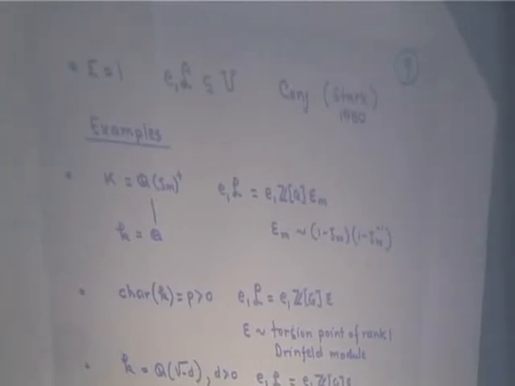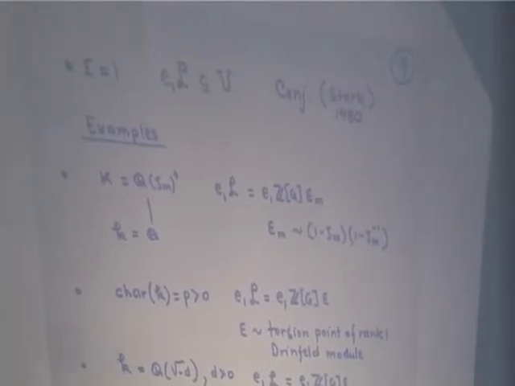Then it turns out that the lattice E1L is generated over E1 Z bracket G by a remarkable element, a cyclotomic unit. So if you knew the lattice, then you would know E1L, and then you would know these special units, the cyclotomic units, which happen to generate most of the maximal abelian extension of Q. This should give you a hint of how the solution to Hilbert's 12th problem might be hidden